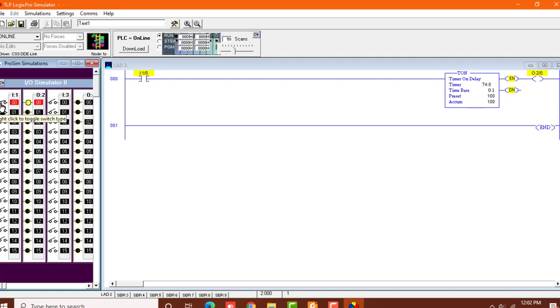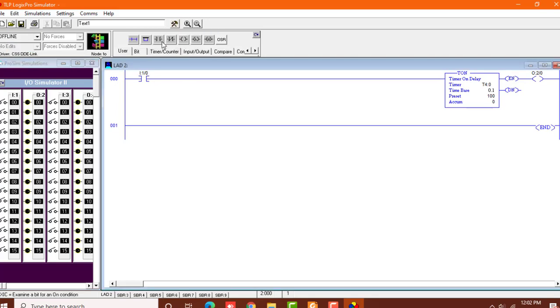Now let's move towards the use of done pin. So what do we mean by done pin? I'll go back to offline mode. I'll place an input switch over here and an output over here. So I'll just give this input switch the address of done pin. So how am I going to do this? I'll write T4, which is basically the timer address, then 0, and now I have to give it the bit